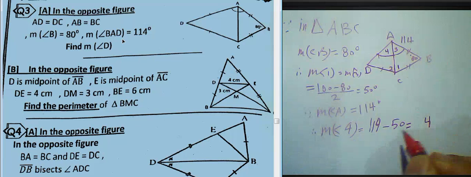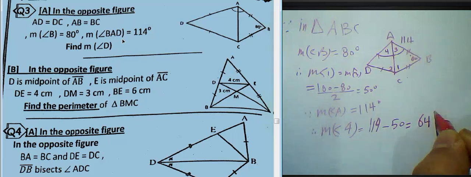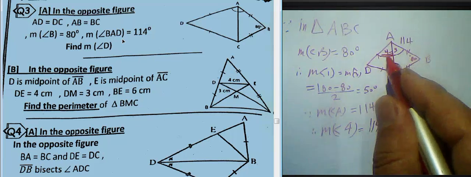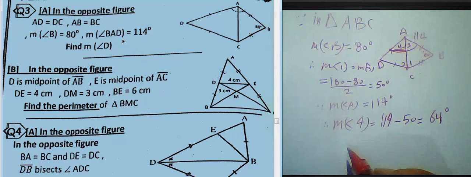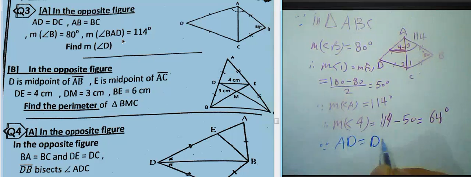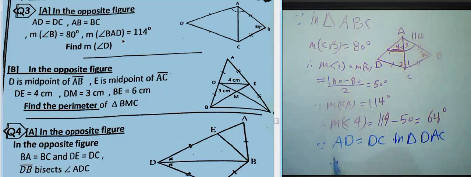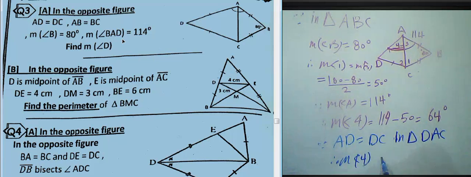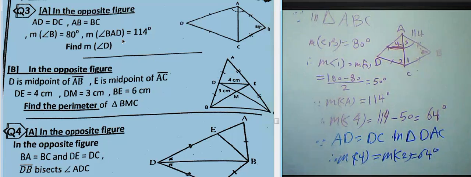4 minus 0 equals 4. 11 minus 5 equals 6. It will be 46 degrees. This angle is 60 degrees, and we know that AD equals DC. In triangle DAC, the measure of angle 4 equals the measure of angle 2 equals 64 degrees, and we want to find the